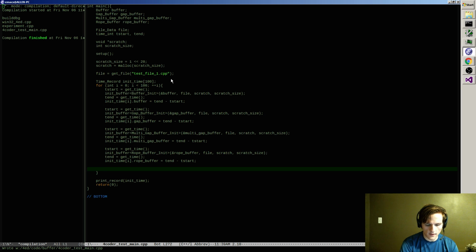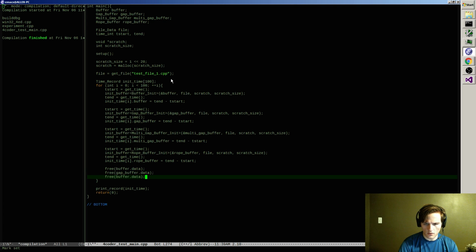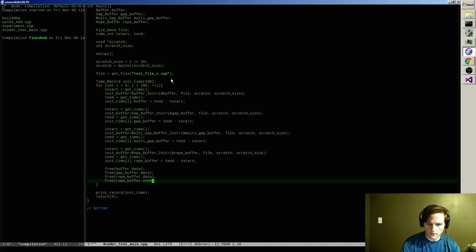So it's like free buffer dot data, free gap buffer data, rope buffer. I can free its data and its nodes to get rid of everything that it has.